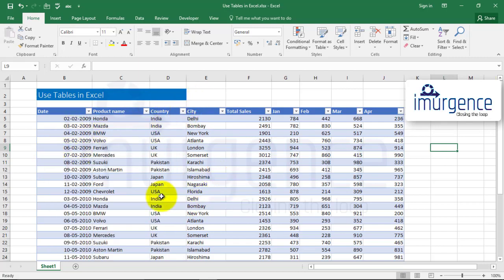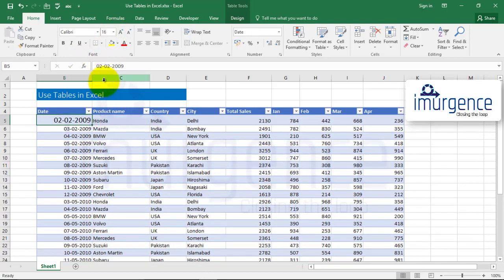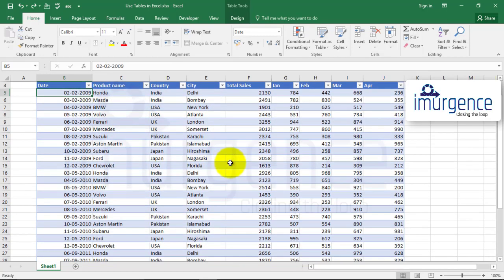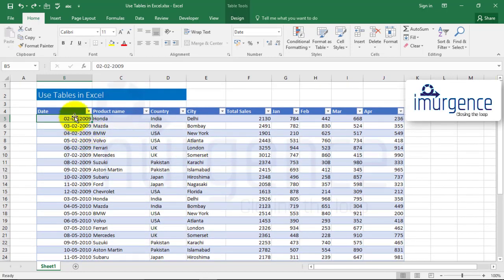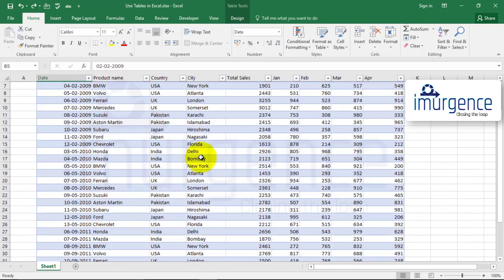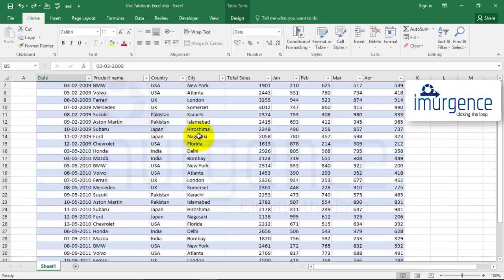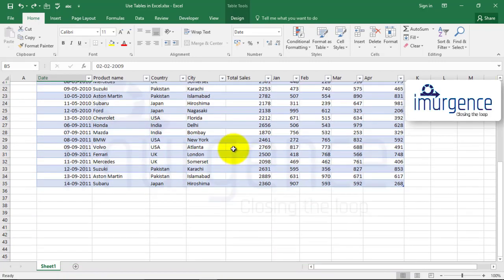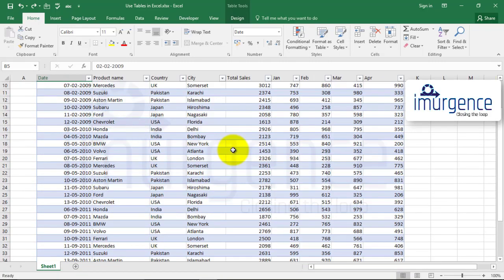There is this design that is there. And let me try to change the format for one of them. It doesn't work. And now, see, when I scroll up, what will happen? Currently, you are seeing the headers as B, C, D, E. These are the column headers, right? And if I scroll up, they are automatically replaced by the headers of your table so that you can view the headers anytime. One of the simple features.